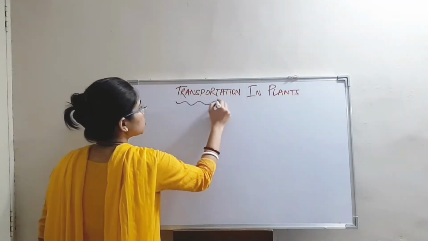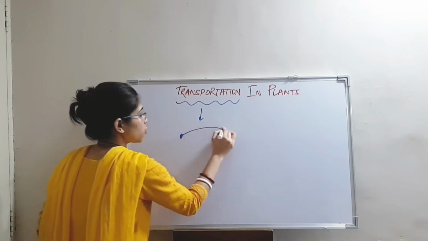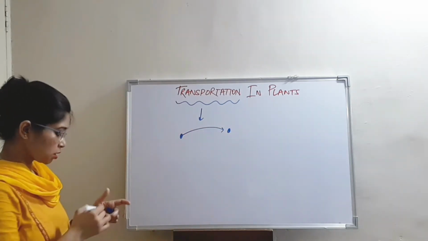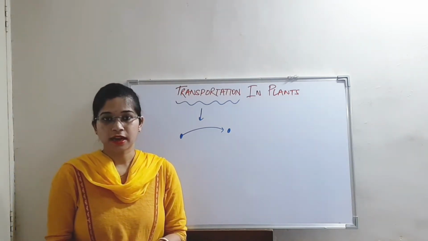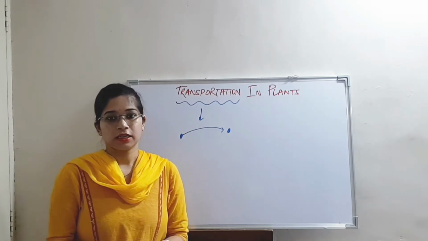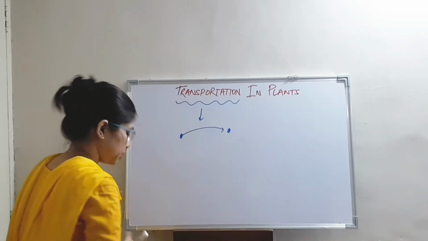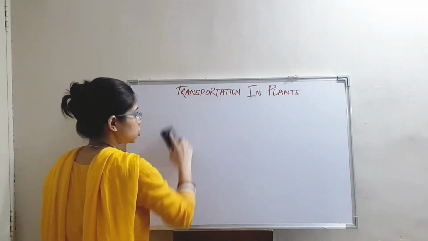The exact meaning of transportation is movement of particles from one place to another place. This is the only reason why the water, mineral and food particles are able to get transported in the plants from the soil to other parts of the plant. The transportation takes place with the help of vascular bundles.